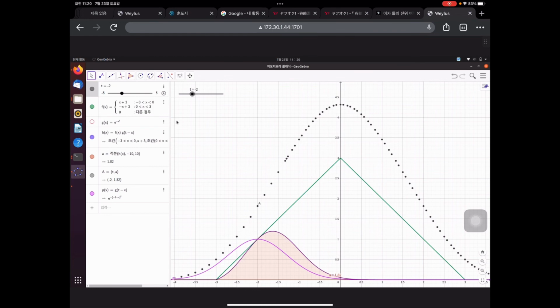As it is seen, what matters most is the folded area of the two functions and the integrated value. I hope it will help you understand what convolution looks like, and I'll continue to post